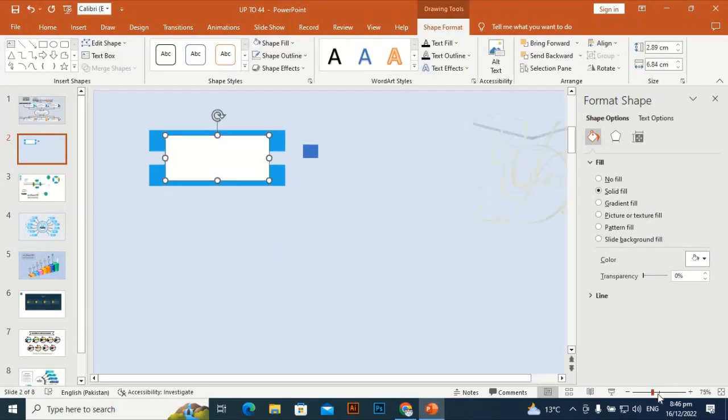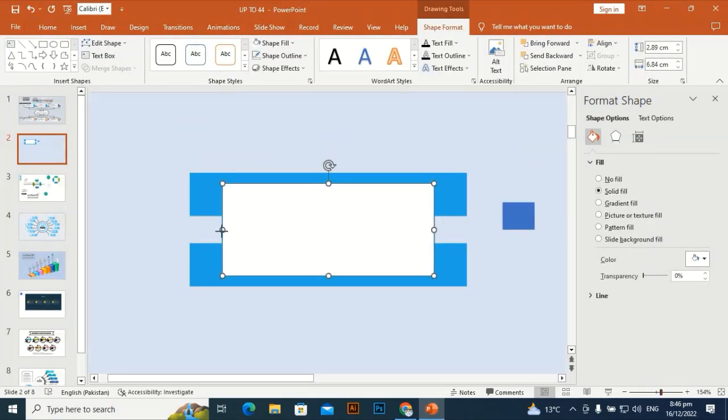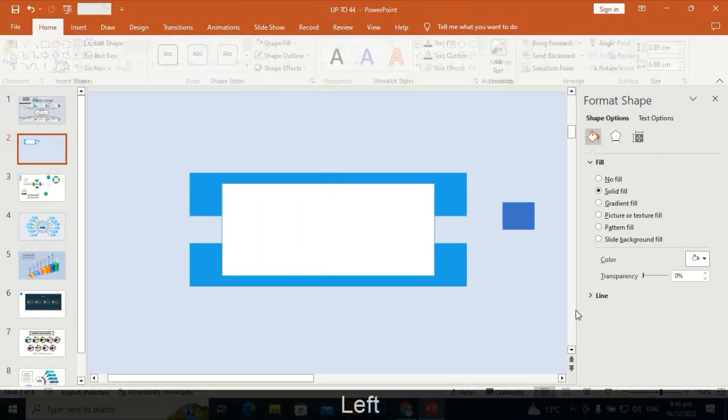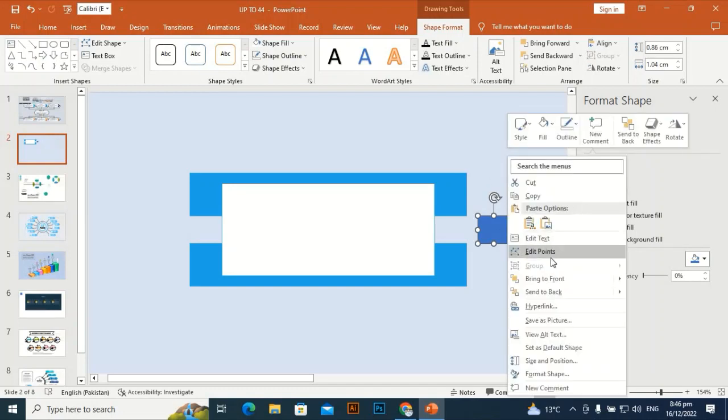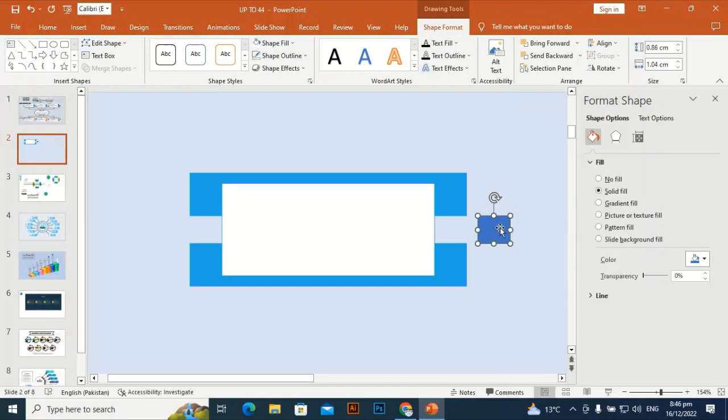Zoom it to look and make it perfect to the edge. Bring to front. Yes, bring to front and